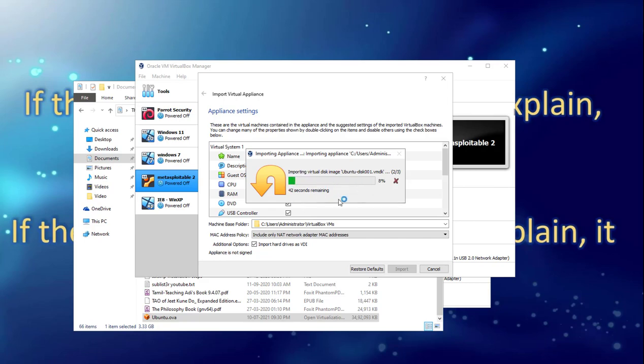It won't take much time. It will take less than 5 to 10 minutes. More than that, it won't take. Sometimes it will show more time like 17 minutes or 20 minutes, but it won't take that much time. Maximum up to 5 to 10 minutes. That's it. For me, it is showing 2 minutes 21 seconds. Let me see how much time it will take.